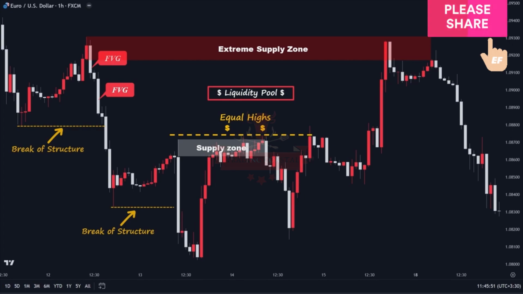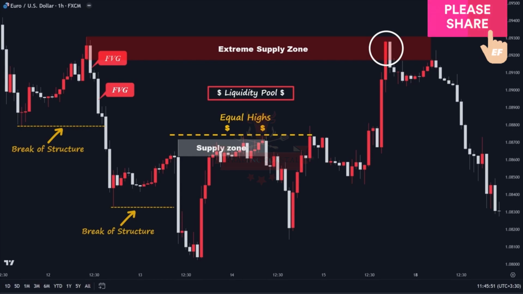As you can see, the price rose back up and utilized the last supply zone as an inducement area. It also swept the liquidity above the equal highs. So, we have the desired confluence that we were seeking in our analysis. Now the only thing left to do is wait for the price to enter the extreme supply zone, at which point we can set up an entry based on the various entry models explained in our previous episodes, following the